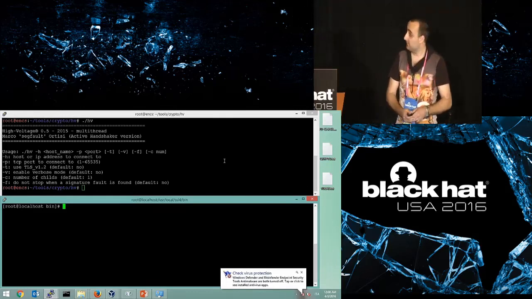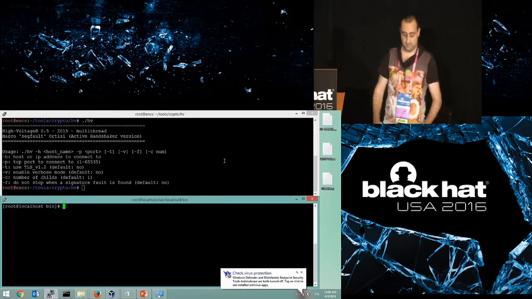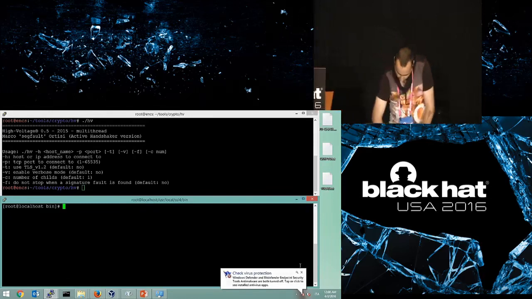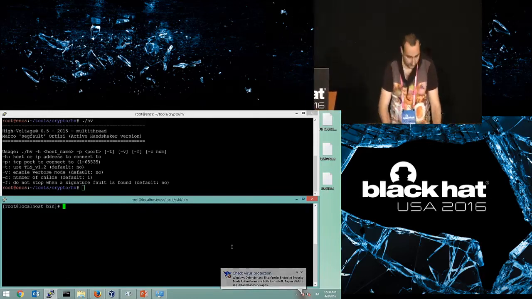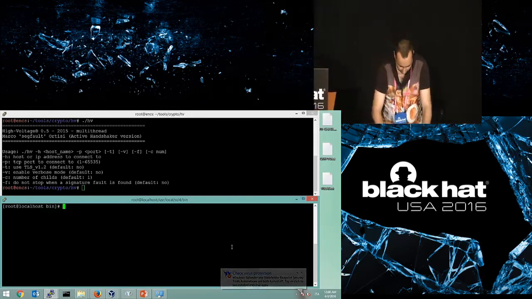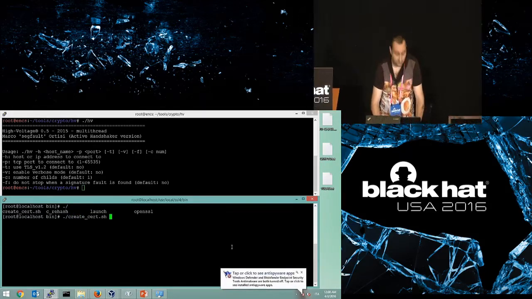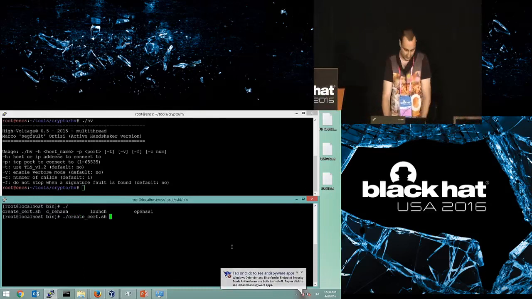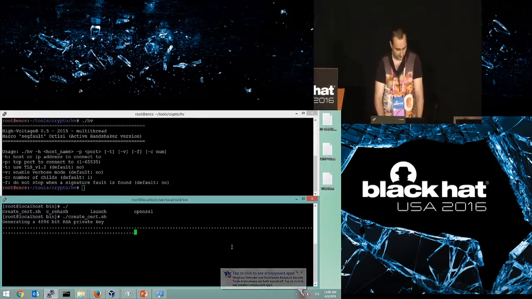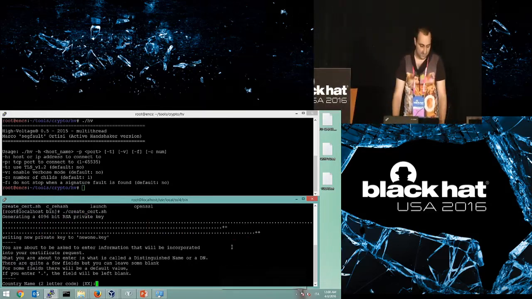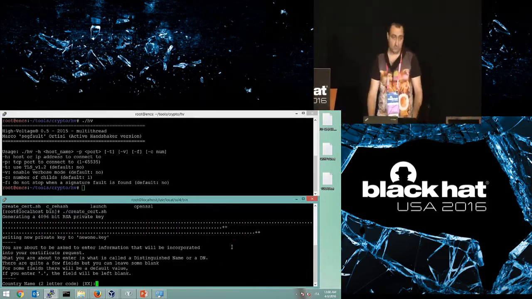In our context, the top window is the attacker window, and the bottom window is the server window. First of all, I'm going to generate a new certificate and a new private key for the server. We use RSA 4096 bits, so a strong key.